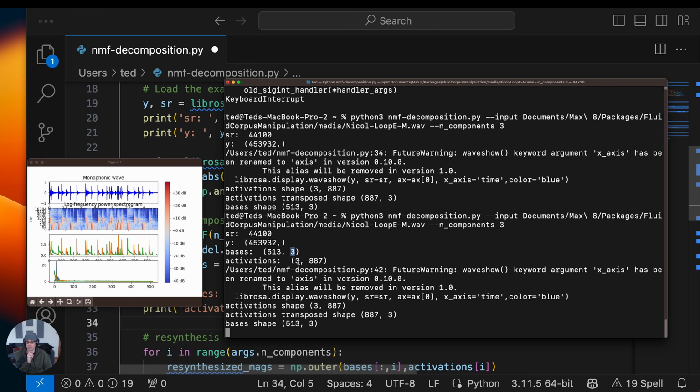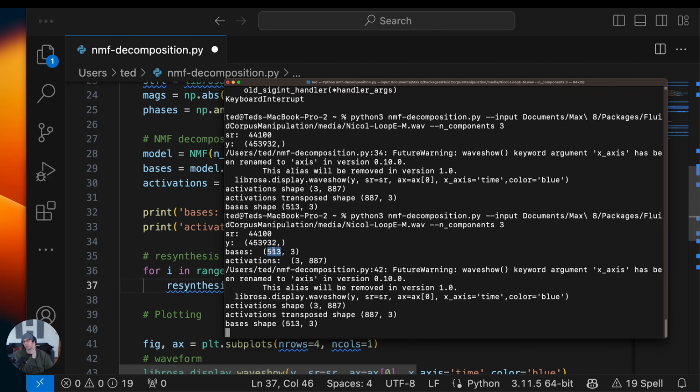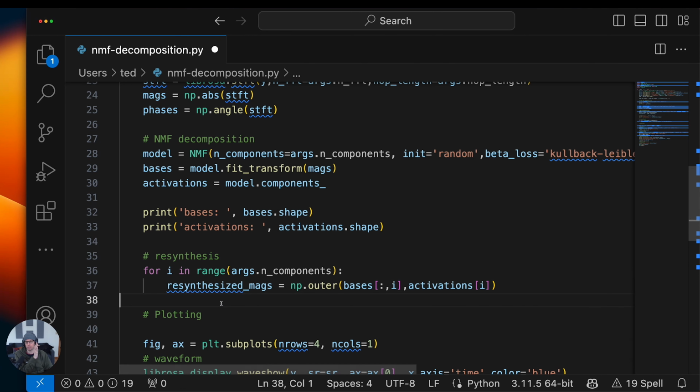For this one, what we're saying is, give me all the values, but only if the second array has an index of 0. So it's basically like saying, rather than looking at all 513 groups of 3 values, give me the 0th value for all 513 subarrays. Give me the first value, index 1, for all of the 513 subarrays. Give me index 2 for all the 513 subarrays. And so that's what this is saying. For all of the subarrays, give me just index 0 or index 1 or index 2 of those subarrays. And so this will give us those 2 vectors that then we will combine with the outer product,